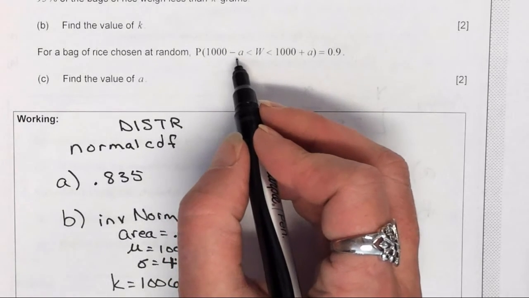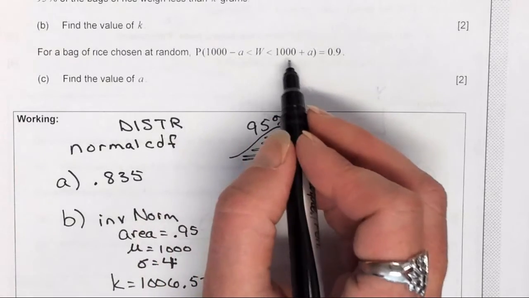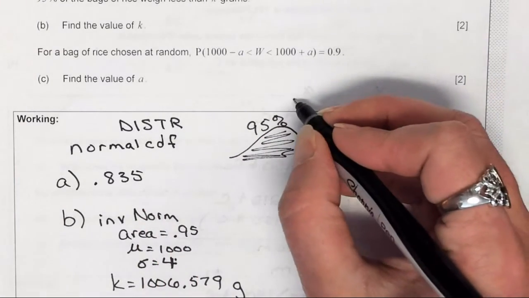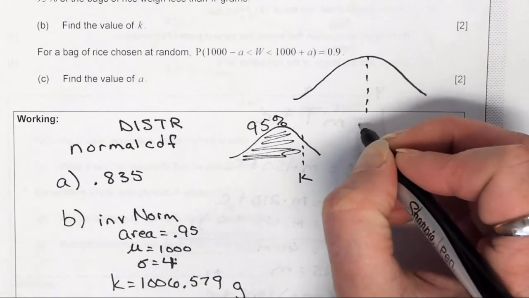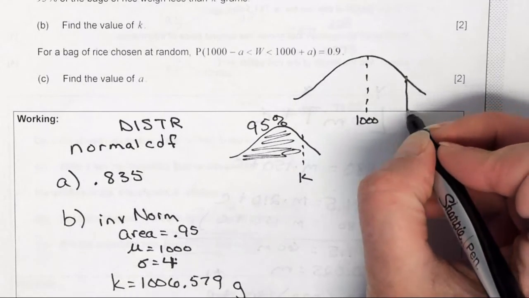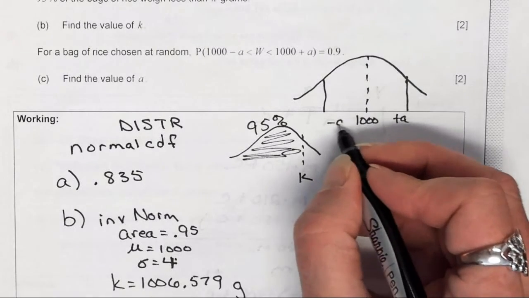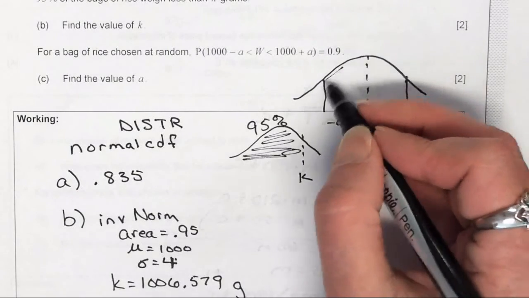The mean, and subtracted A as my low boundary, and this is 1,000 plus A. So what they're really looking at is if I took my mean, which is down the middle, and added A, this would be plus A, this would be minus A. Are you with me? Yeah. This area,